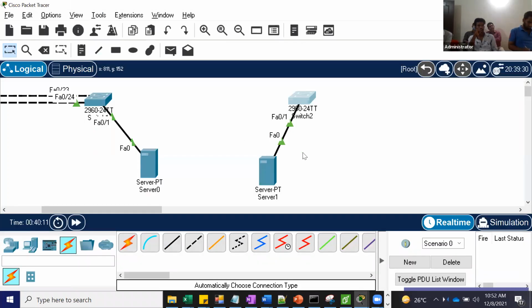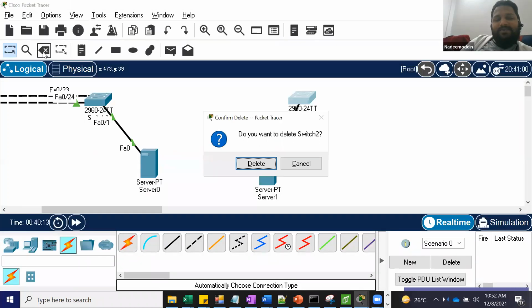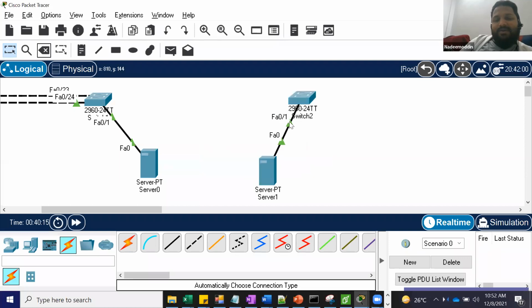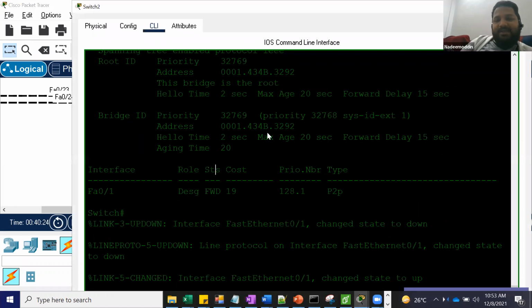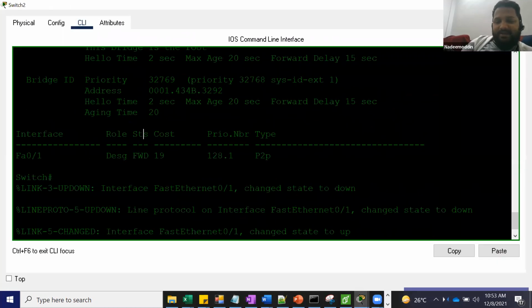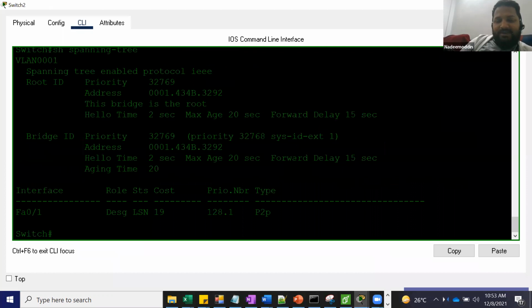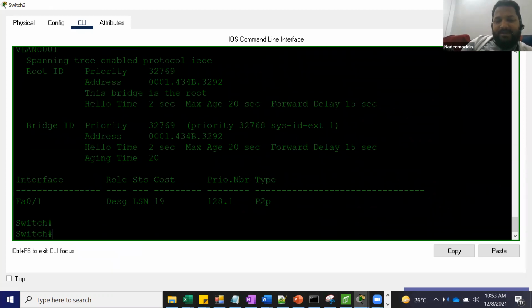Okay, so what I'm going to do now, let's say for some work we were asked to remove the cable and I want to connect it back. So see, again, it will take that much time. Listening, learning, forwarding. If you want to see, go and check here.